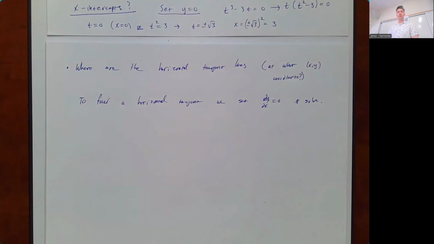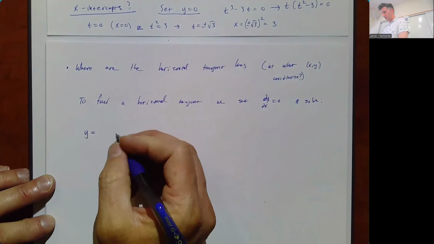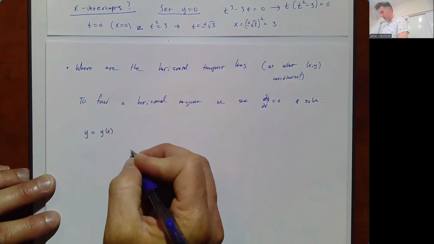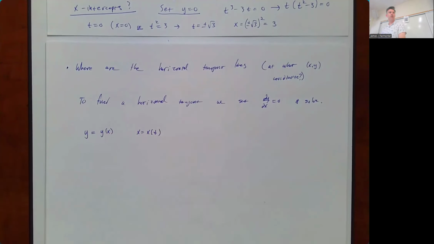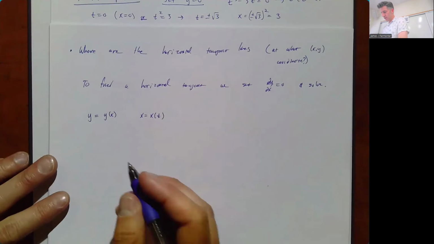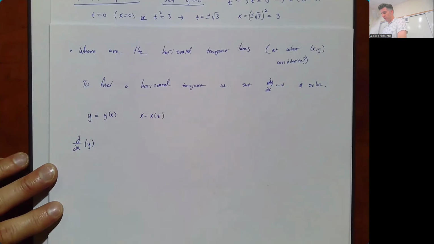So here's how this works. The actual calculation is really easy, but the concept is a little bit funky. So let's take a quick aside here. What we're really going to do is imagine that y is some function of x and x is some function of t. So that when we find the derivative of y, we're really finding,